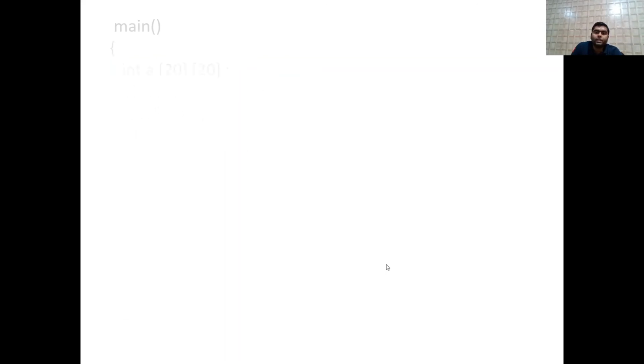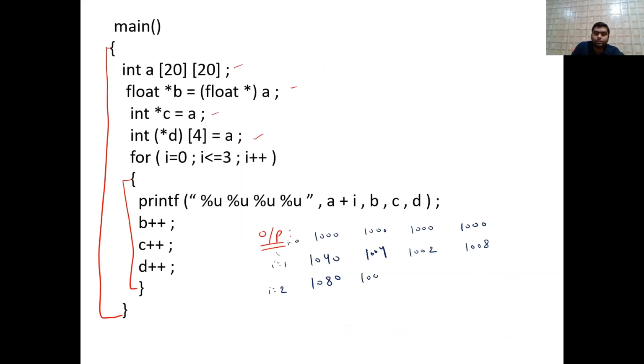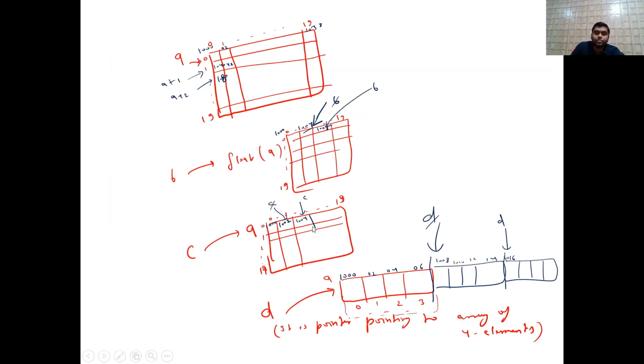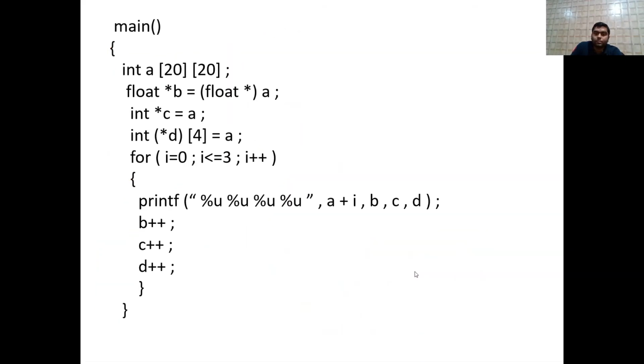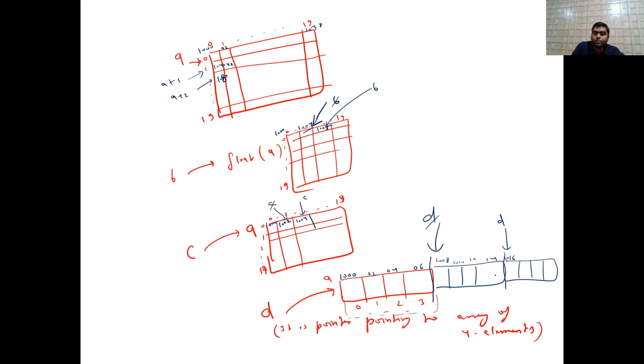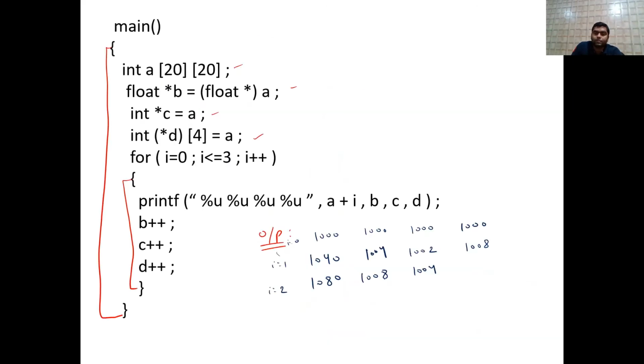What about B? B is pointing to 1008. Getting it? Why is it increasing by 4? Because we converted it to float and are pointing with a float pointer. What about C? C is pointing to 1004. And what about D? D just skips 4 elements, so it is 1016 only.